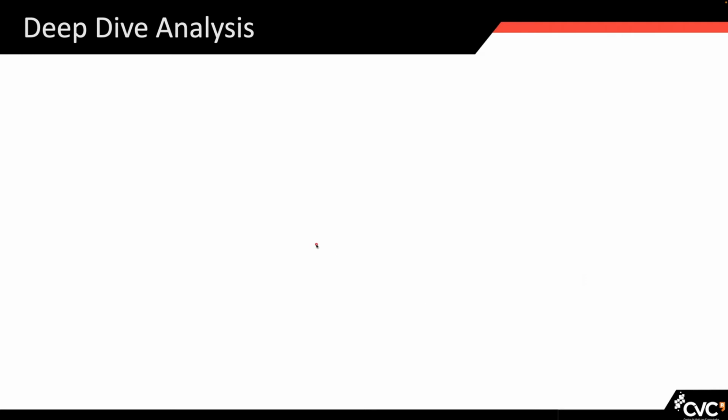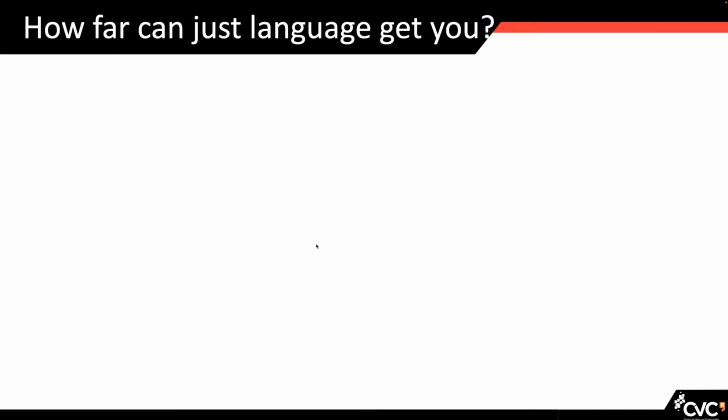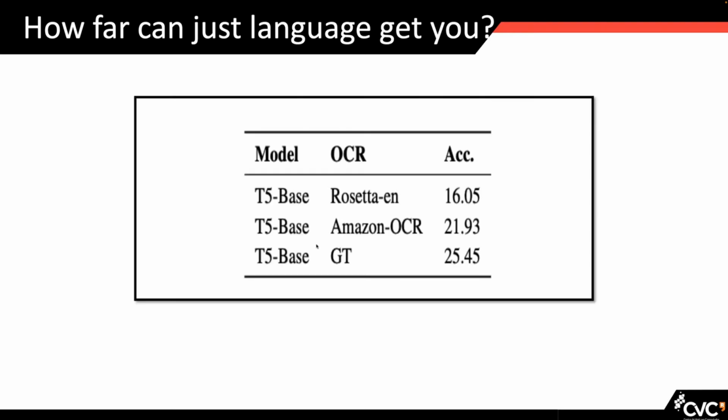So now let's go into the deep dive analysis of scene text visual question answering as a task and as a data set. You have heard a lot of language talk. Demis talked about the Ashraf Bayram, basically the painter that can paint, and how blind people can learn visual appearances without actually seeing anything. So how is it possible? We think the perfect candidate for this phenomenon is language. So the next question is obviously, how far can just language get us in scene text visual question answering? What happens if we just take a T5, pre-trained on C4, which is the whole internet,